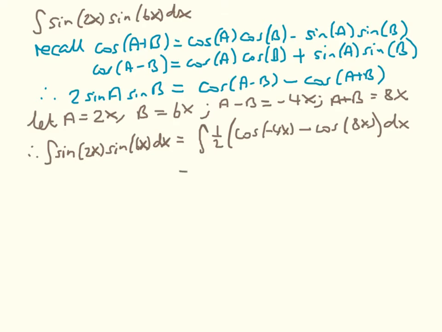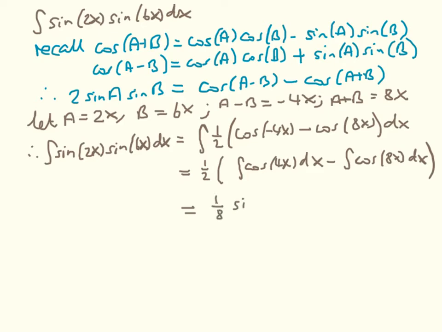So in our particular case, 1/2 is a common factor that multiplies everything, so I'll take it outside. We have the integral of a difference of terms, so I can write that as a difference of integrals. We have the cosine of 4x, having used the even property, minus the cosine of 8x, close brackets. So this is going to be